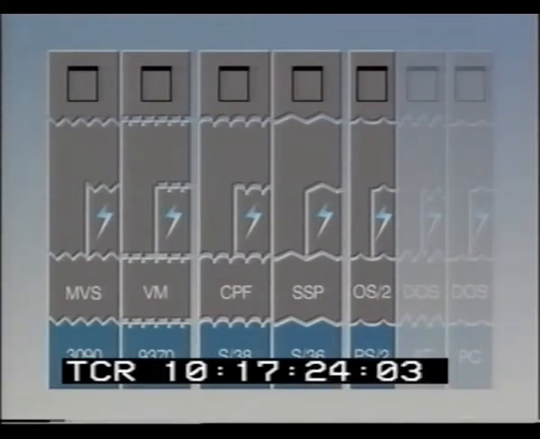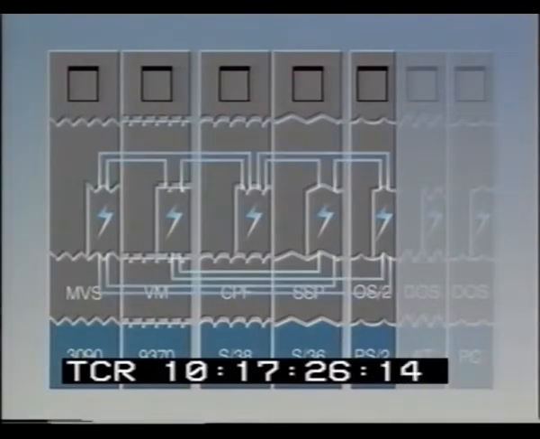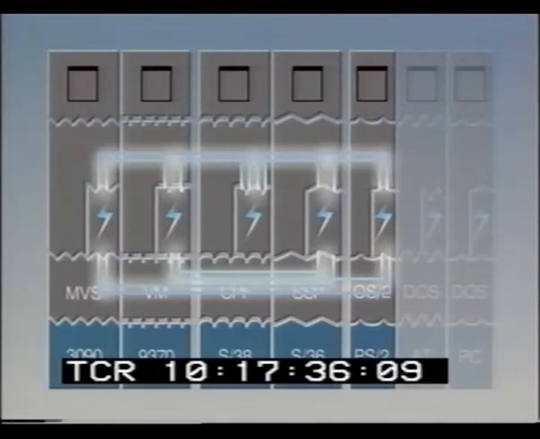IBM's SNA and OSI form the network architecture not only for connecting remote workstations to a system, but also for connecting different systems together, providing a basis for communication. It is a communications protocol for applications running on different systems. And now, systems application architecture completes the picture by allowing applications to be developed which bring different systems together, each carrying out the tasks to which they are best suited. Functions which allow applications to talk to one another,